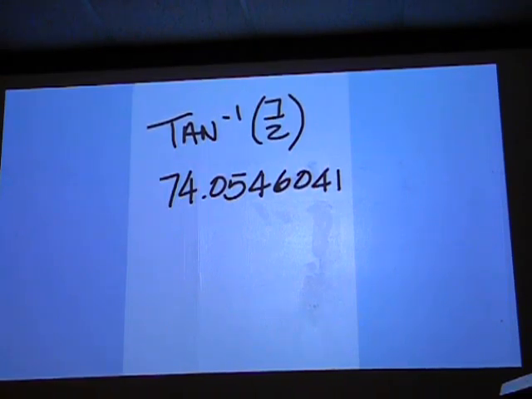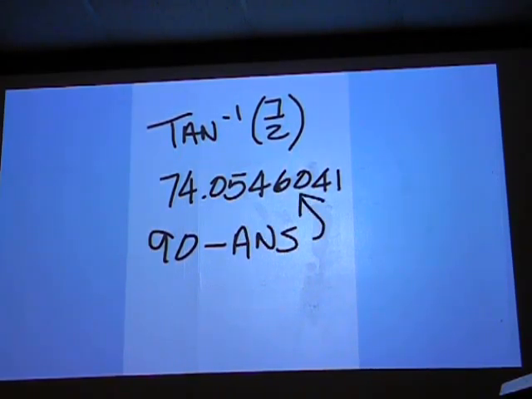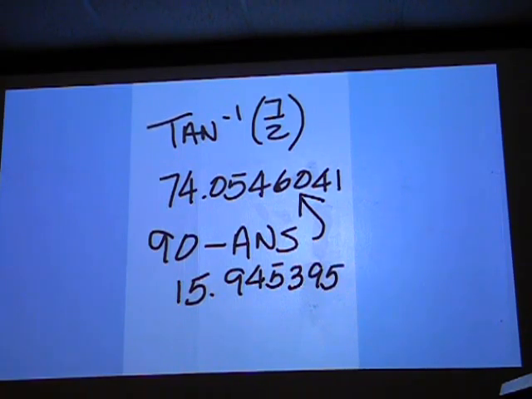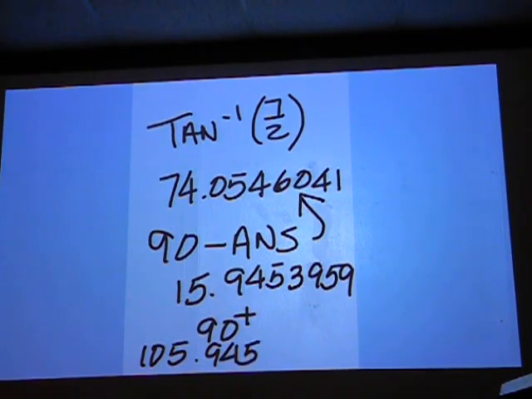You're going to type in 90 minus, and then hit second negative sign, which brings up ANS, which is essentially that number. Hit enter, and you get 15.94533959. You're going to add that to 90 to come up with 105.9453959. We need to convert that to radians by multiplying by pi and then dividing by 180, and that will